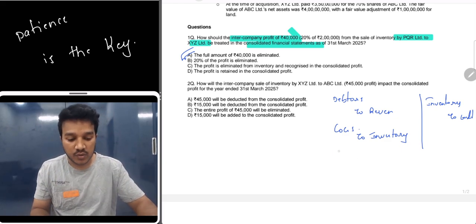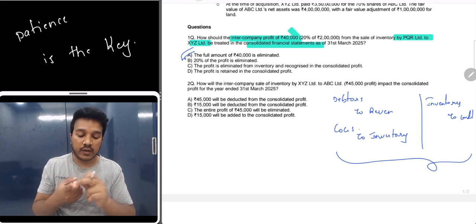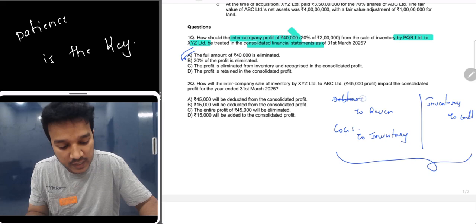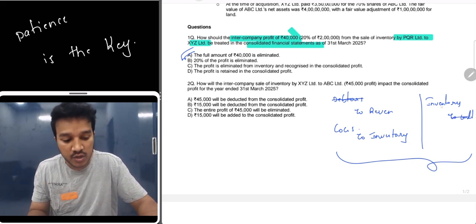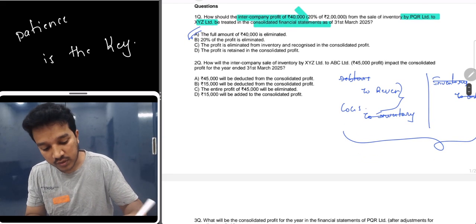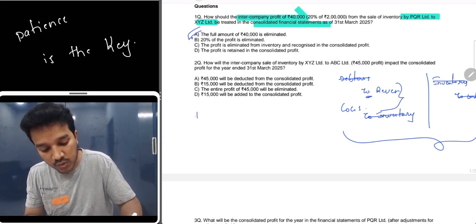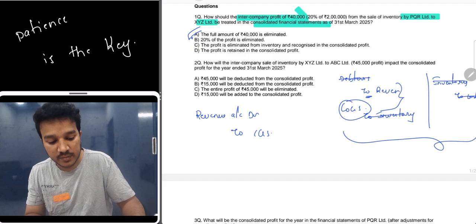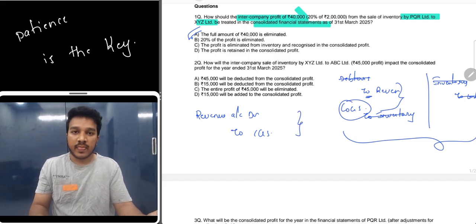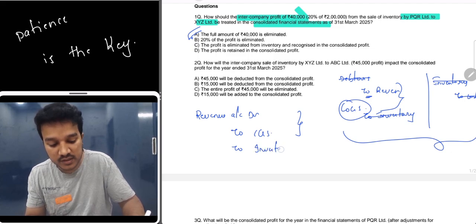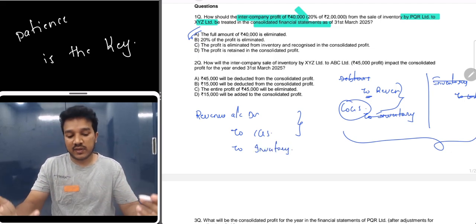So at the year end when you consolidate, you have to remove intercompany indebtedness, intercompany profit, all these things have to be eliminated. So your debtors and your creditors will get eliminated, your inventory here and inventory here will get eliminated, so these two are left out, right? So revenue is credited here, so you will debit revenue account, and your cost of goods sold will be credited, okay, with the amounts. Well, if there is a profit element, your inventory will be credited. Okay, we will see with an example in the future.